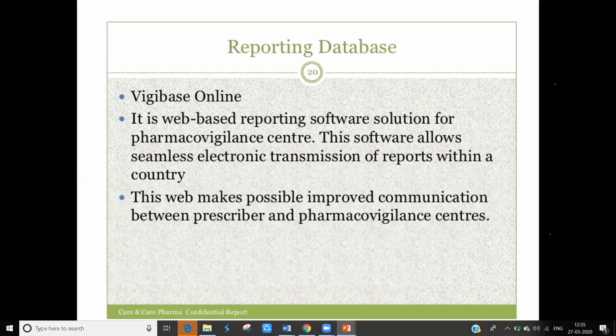And there is VigiBase Online, a web-based software which is mainly seen in the pharmacovigilance center. It gives electronic transmission of reports within a country. So all over the countries, the reports will go there. It will enable communication between the prescribers and also pharmacovigilance centers. So that's how the Uppsala Monitoring Centre also does it. It collects all the information all over the world. And they also give a lot of